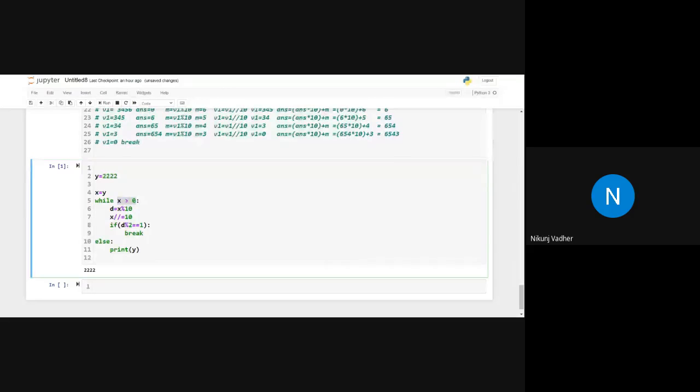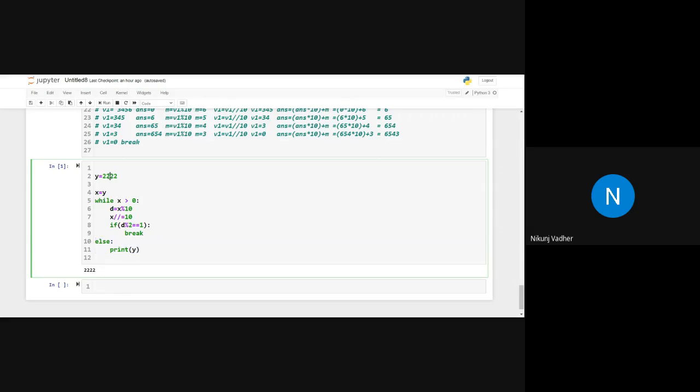If the loop is terminated because of this break, then this else portion won't be executed.